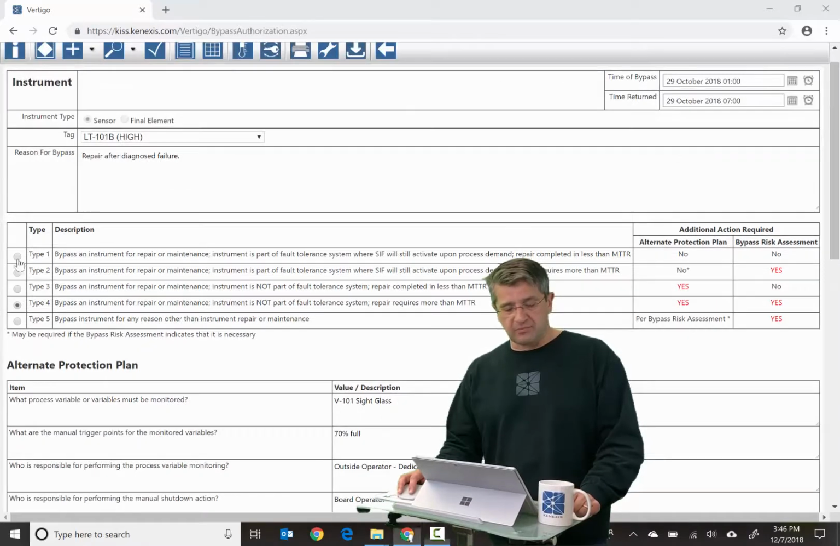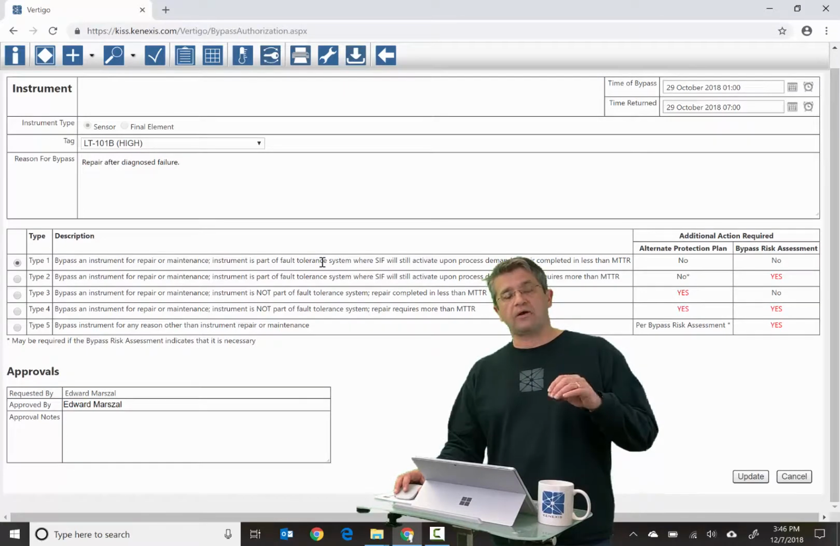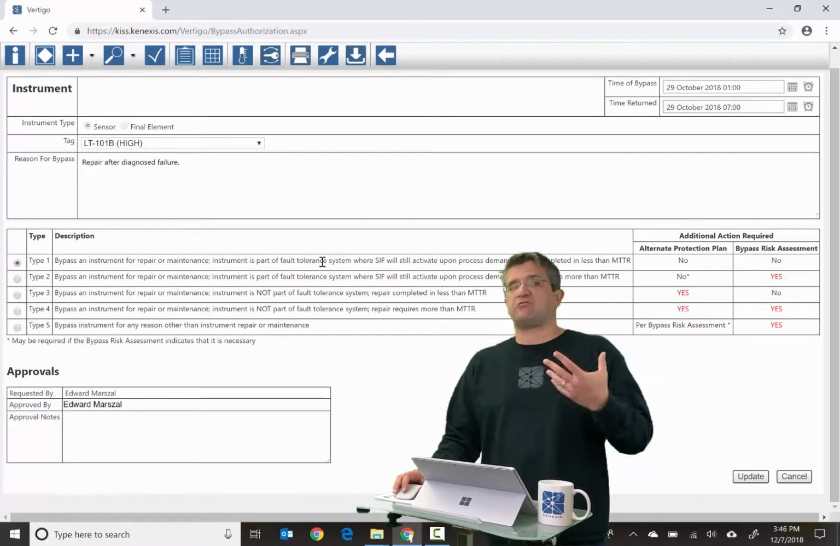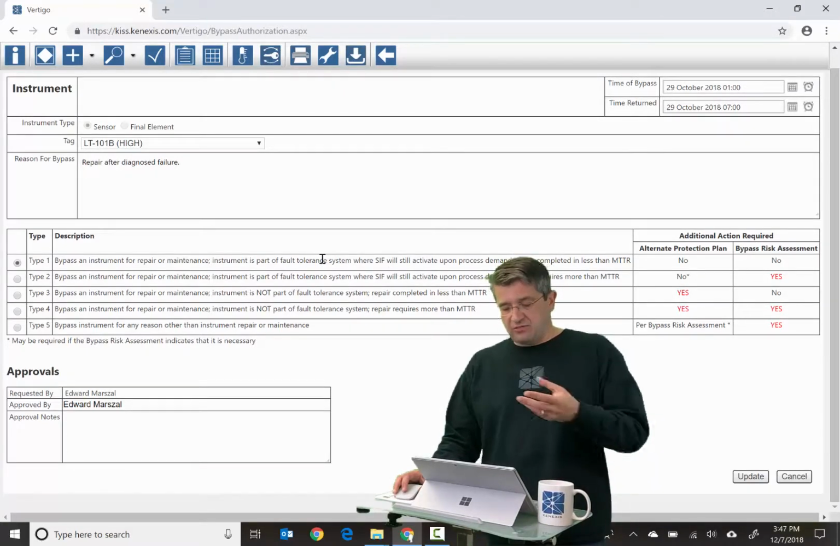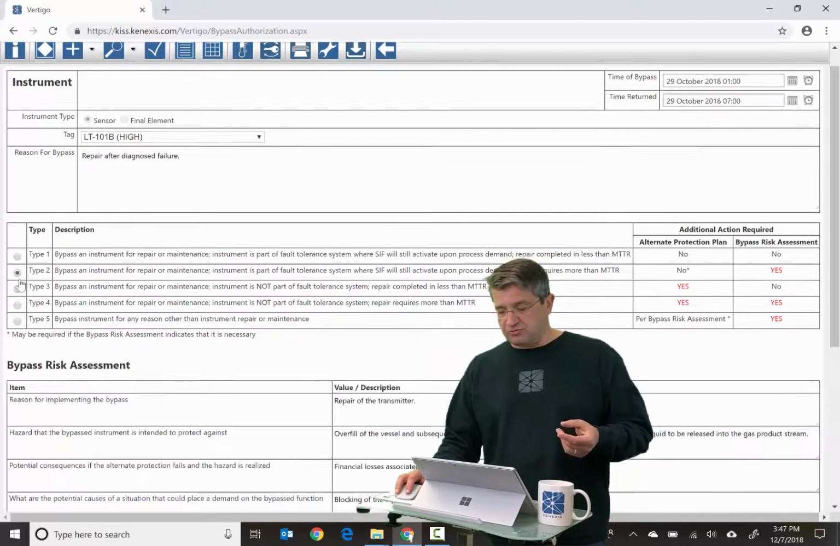So if I click type 1, that's the situation where the device is part of a fault-tolerant system and the repair is going to happen quicker than the mean time to repair. In this case, you don't need an additional protection plan and you don't need a bypass risk assessment. You just go straight to approval. For a type 2 device,